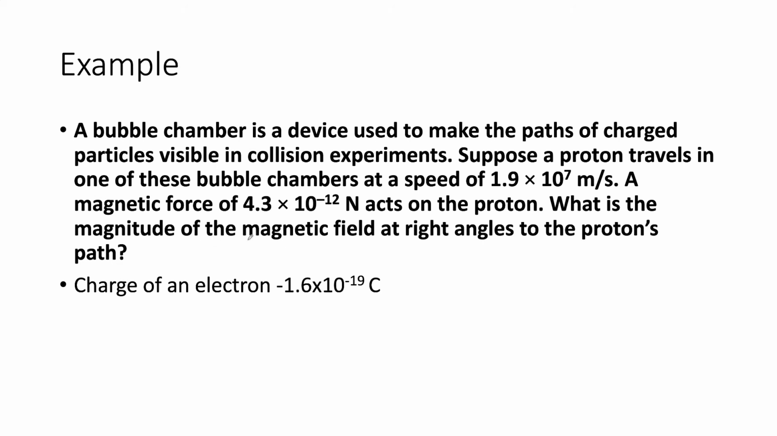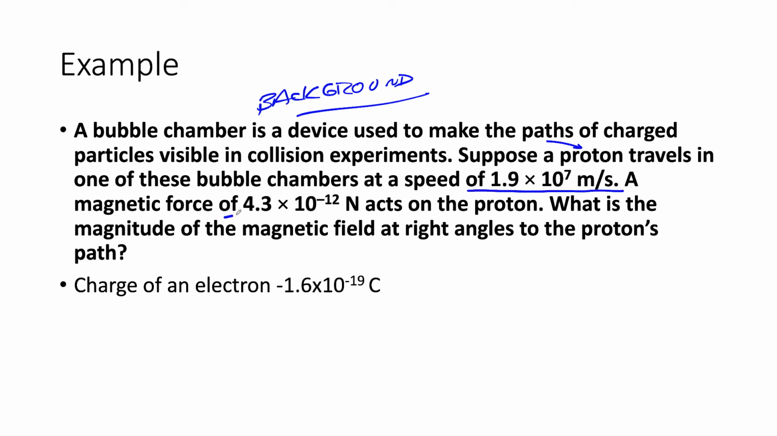For this example, notice a bubble chamber is a device. All this is background, meaning we're trying to give you an idea of what's happening and why we're doing what we're doing, but to answer the question, you really don't need this. Suppose a proton, now that's interesting, travels in a bubble chamber at a speed, meaning we have a velocity,